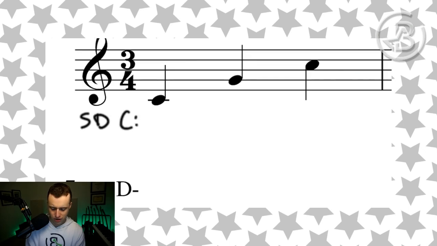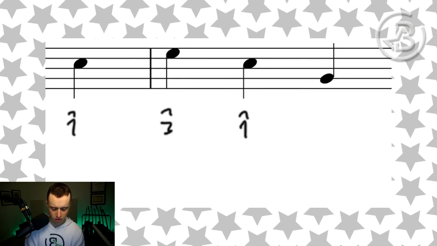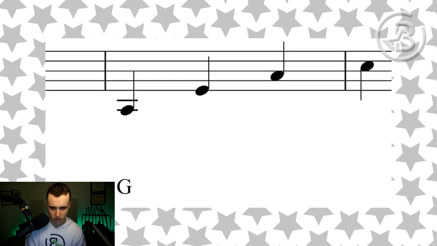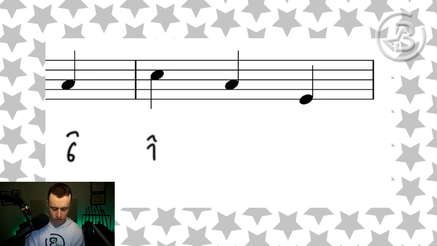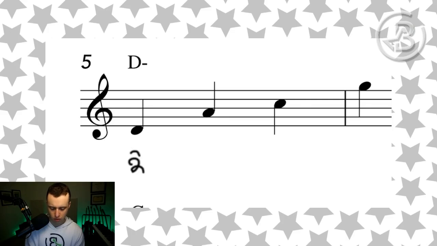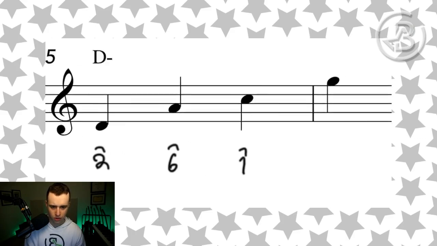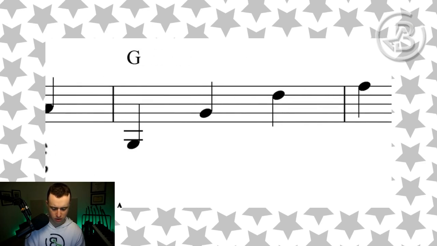C major is the key. 1, 5, 1, 3, 1, 5, 6, 3, 6, 1, 6, 3, 2, 6, 1, 5, 1, 6. Ooh, 5, 5 up an octave, 2,